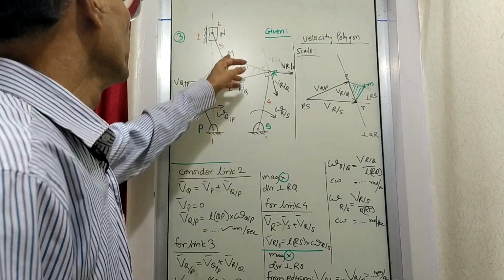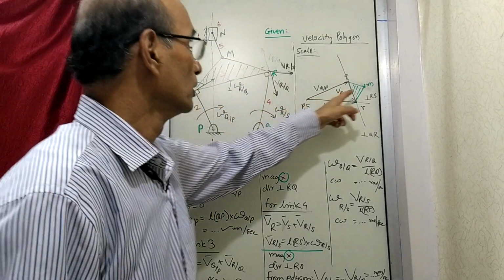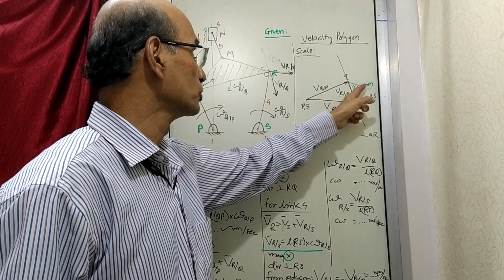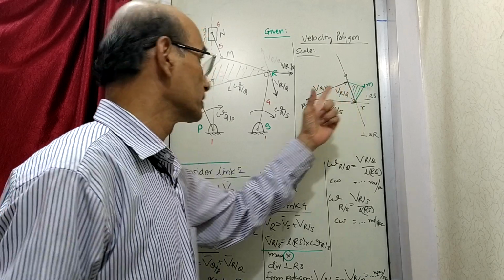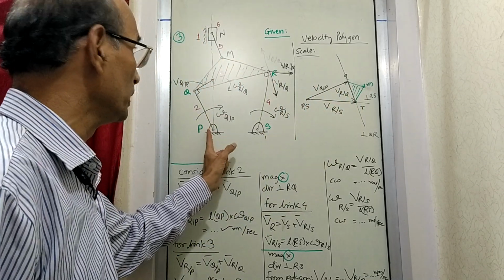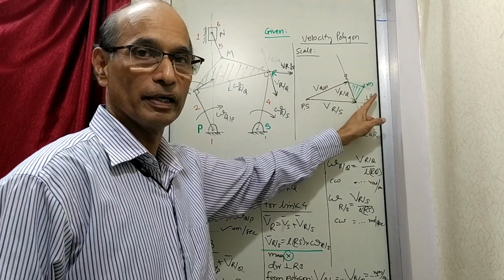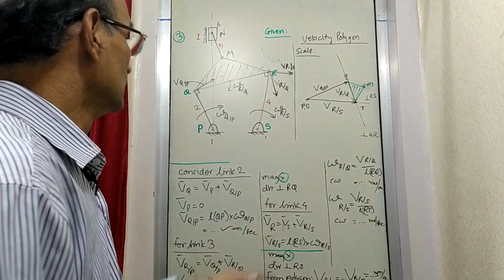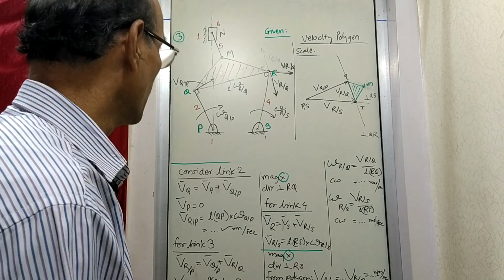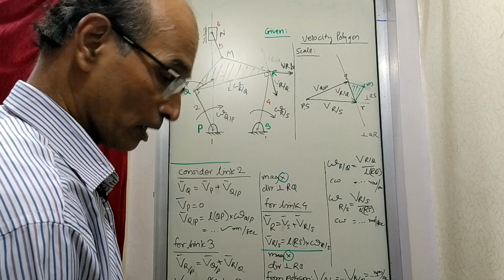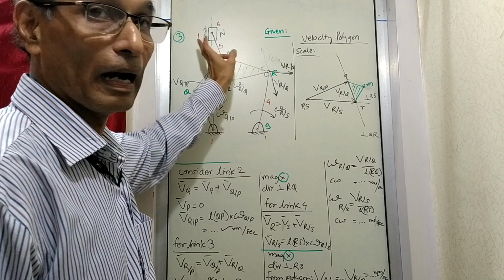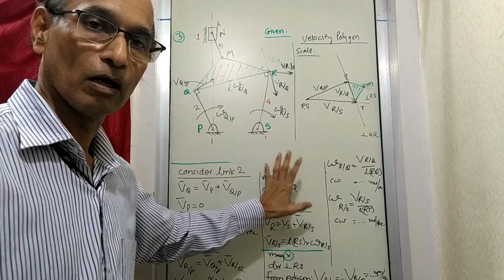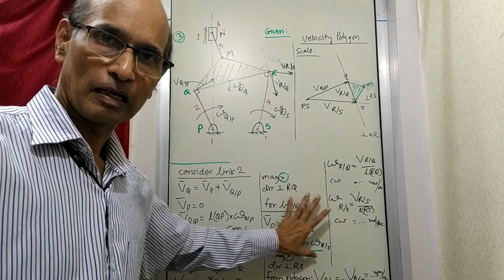So velocity of M, if you want to find out with respect to Q, this line is the vector. Velocity of M with respect to P, join this to this. This line will be the vector representing velocity of M with respect to P. M here, P here, small letter. So like that we can find out the other velocities, whatever are asked. In the given problem, we are asked to find out the velocity of M and angular velocity of this link, like this. So we'll continue further.